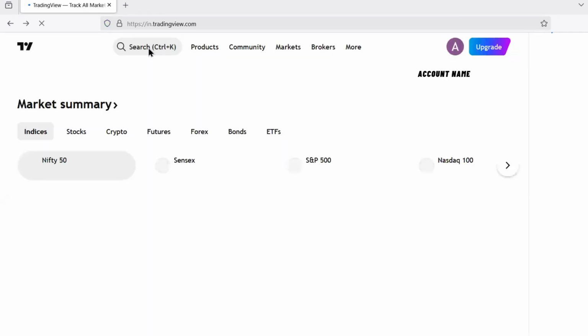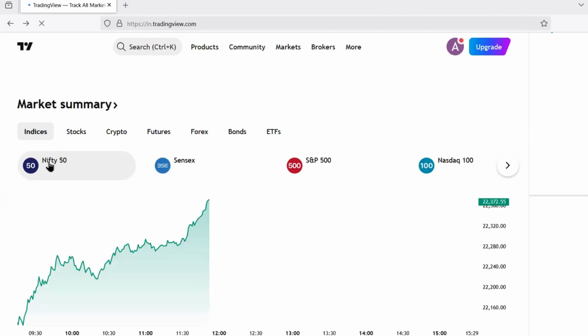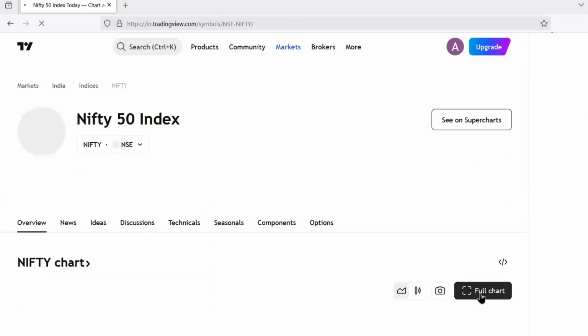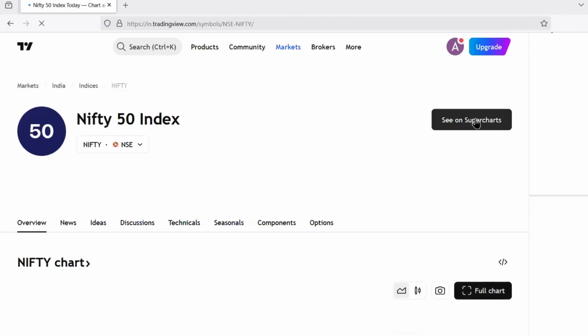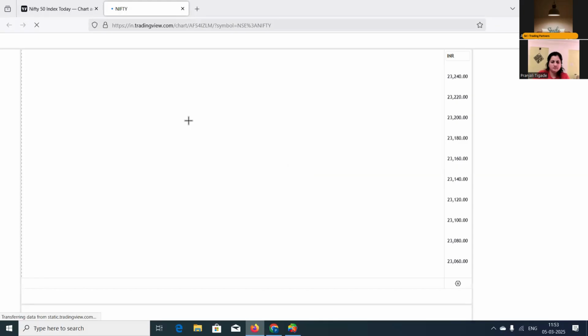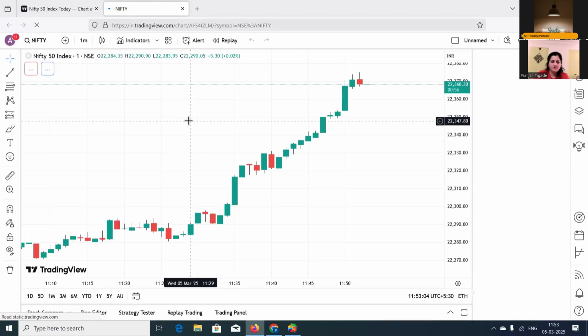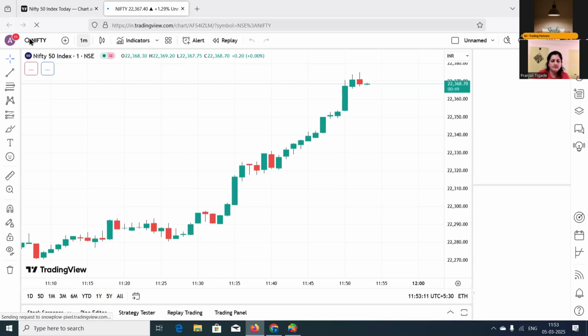Show you how we can see the charts. Okay. So if we want to see the chart of Nifty, then here I'll click on Nifty, and here I'll click on see on super charts. So as I said, this tool is used for the technical analysis.